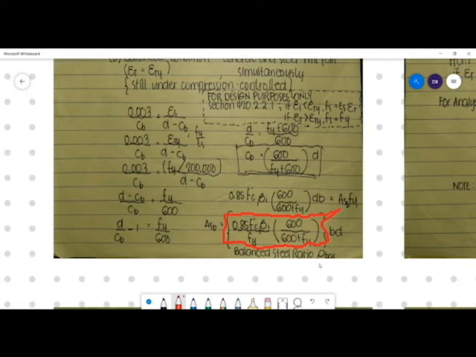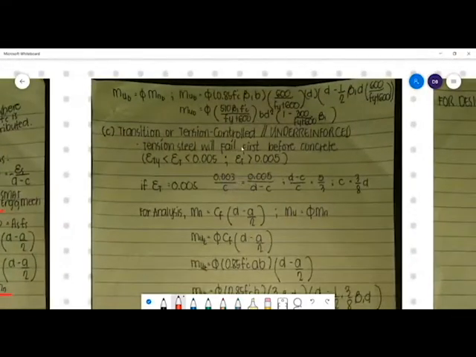Still no. Kasi nga, for an ideal design, we need warnings or red flags that our reinforced concrete will start to fail. And how are we going to reach that? Yun yung tinatawag natin na tension control or the under reinforced design. So nga pala, before we move on to the transition or tension control,